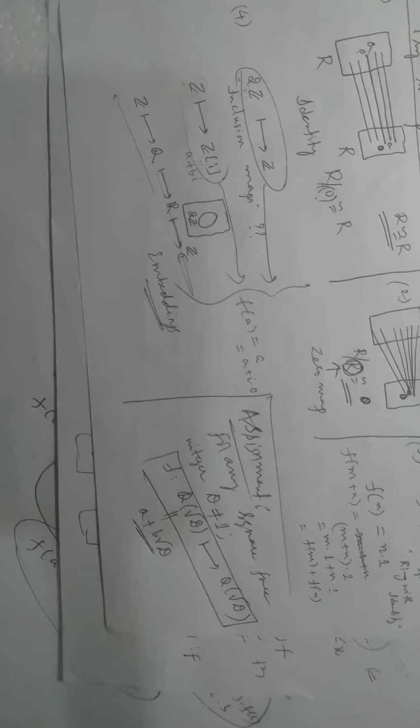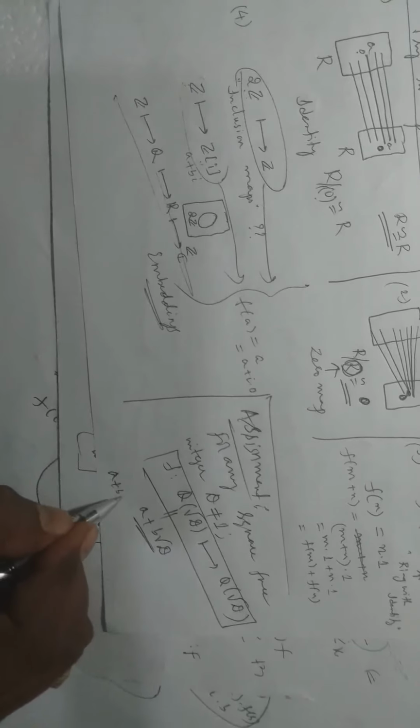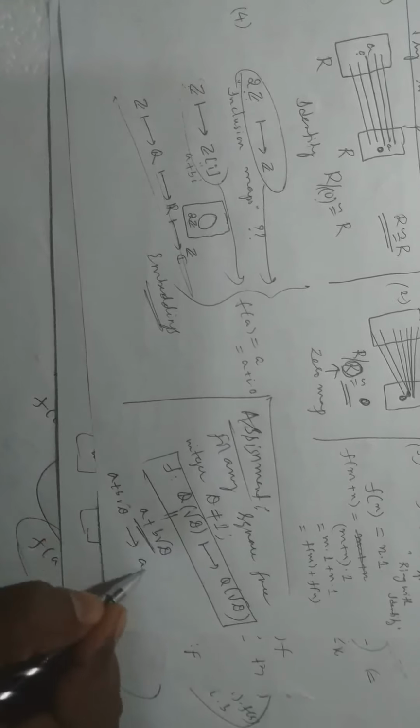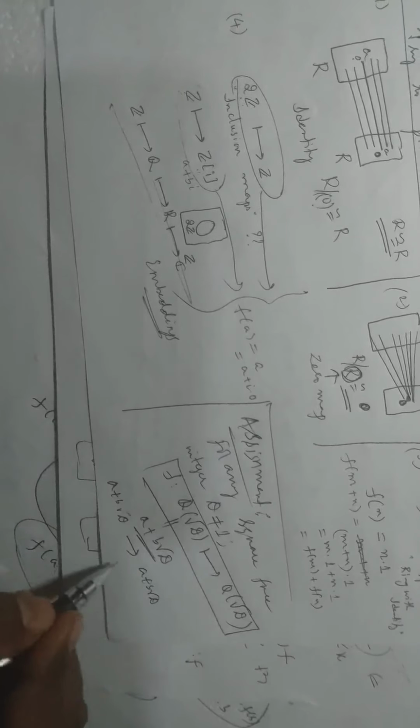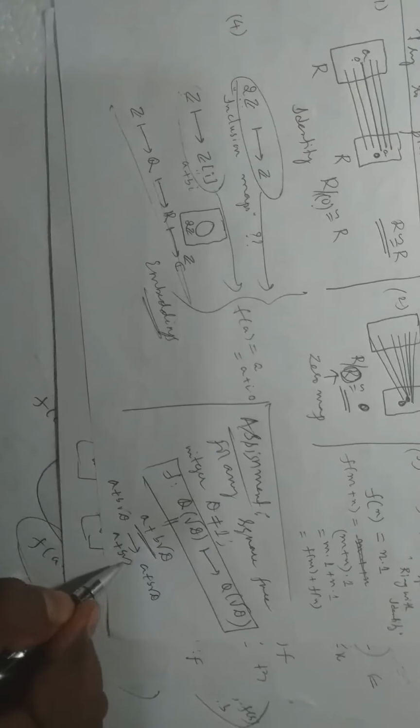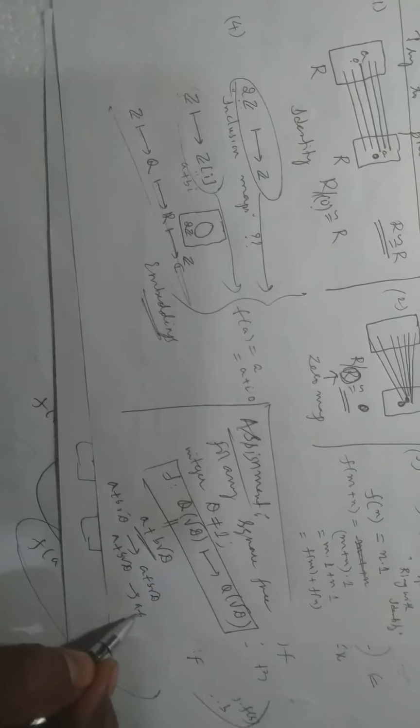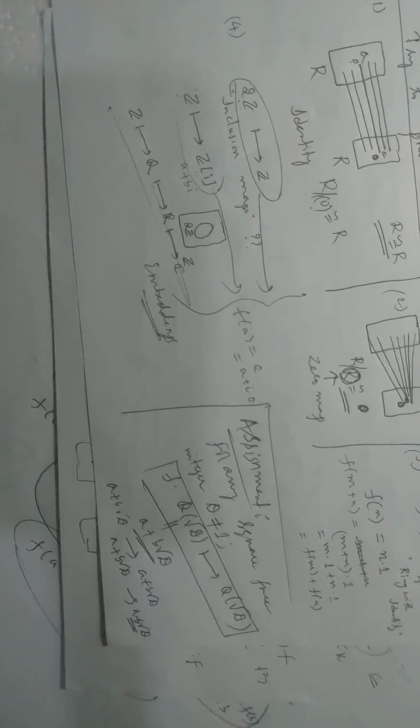In fact, you will have the same idea as we proved for the complex. The answer will be, it is either a plus b root t is mapped to a plus b root t. One is the identity map. The other is a plus b root t is mapped to a minus b root t. The other is the conjugation map. So two maps will be there. On similar lines to the earlier problem, you can prove this.